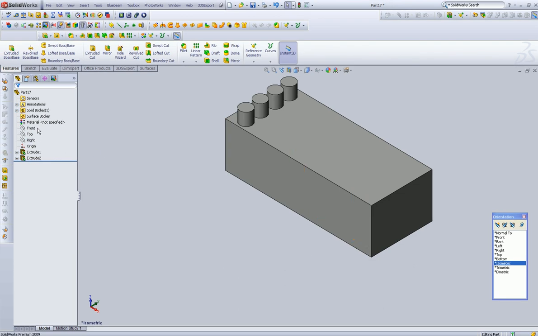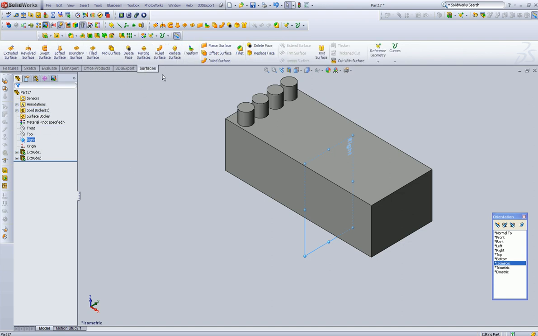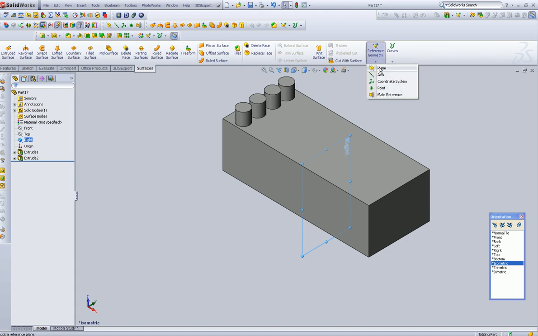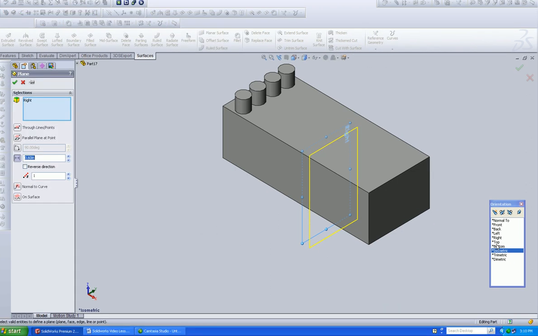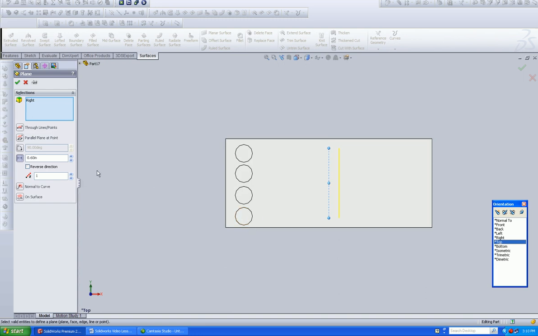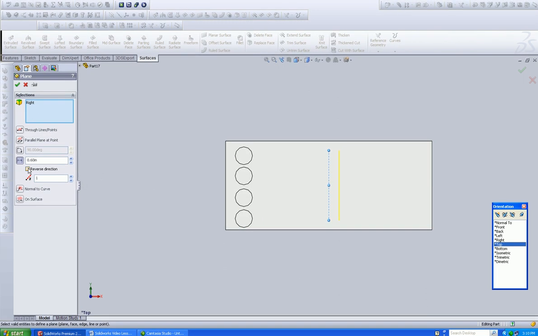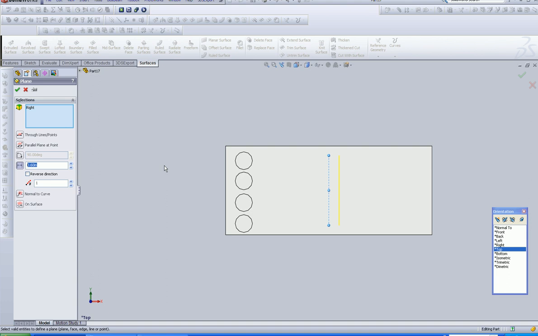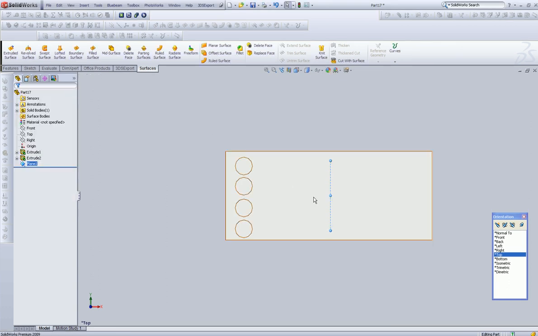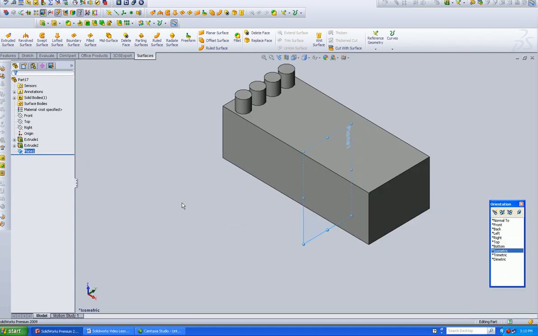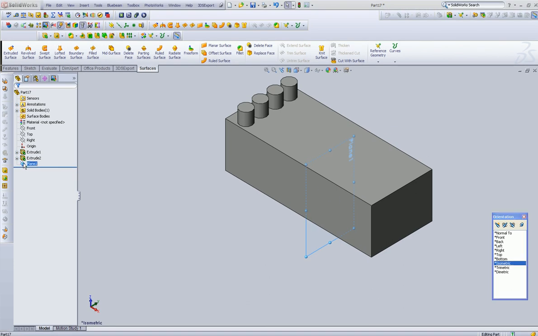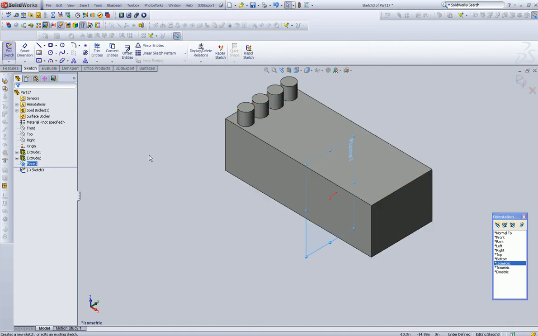Now we're going to combine what we learned on our last video about creating a sketch plane. Go into surfaces, select plane. Alright, let's go into our top view and type in a value of 100. That sounds good. Go back there to isometric, select here, create a plane,